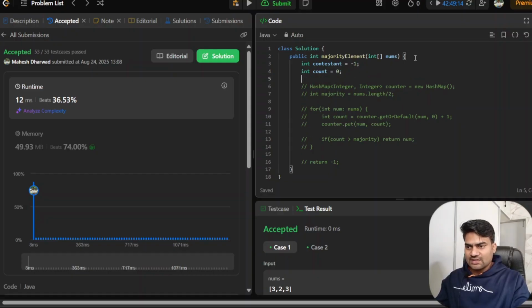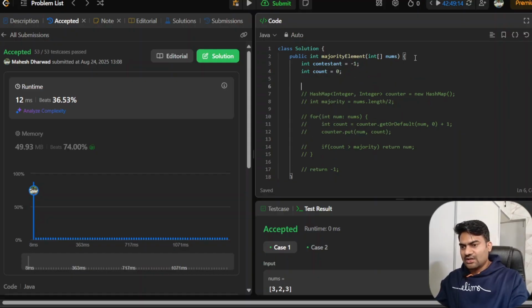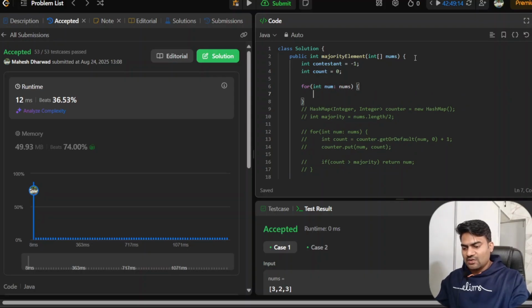This is my initial number. Now what I will do, I will use a for each loop, int num colon nums. Then I will check if count is equivalent to 0. Then I will say my contestant, I will copy this,